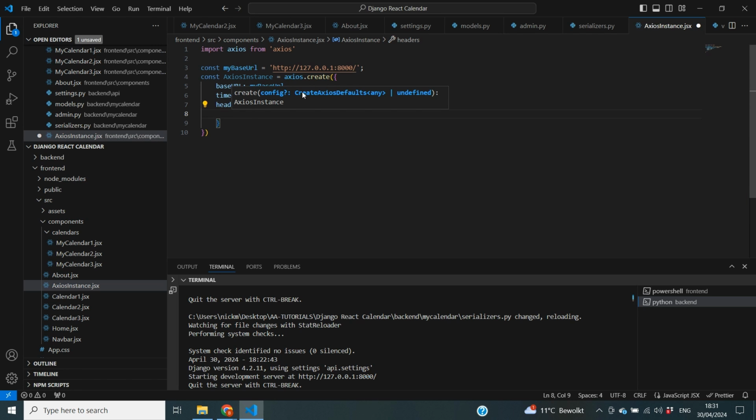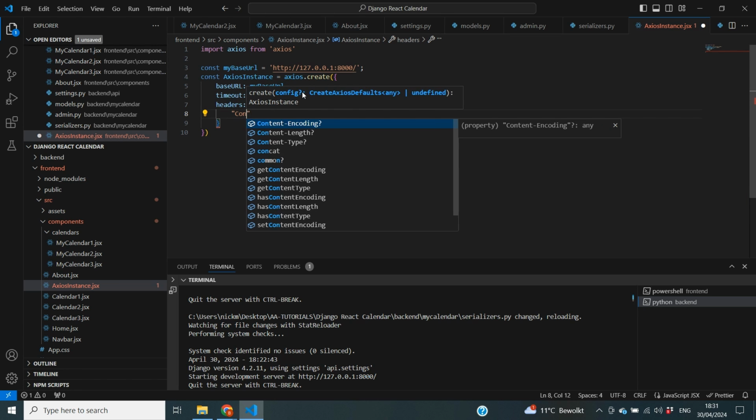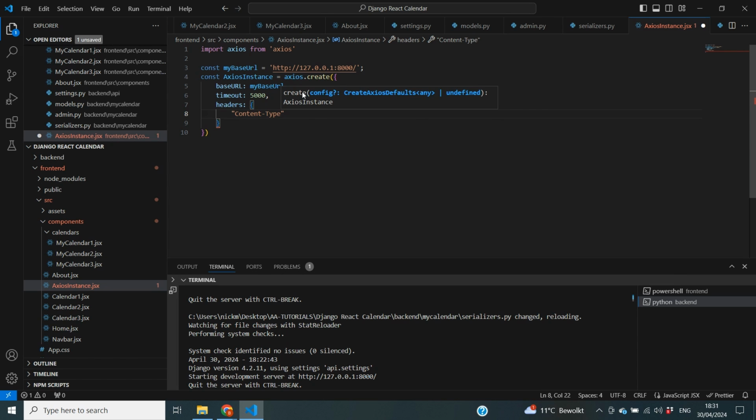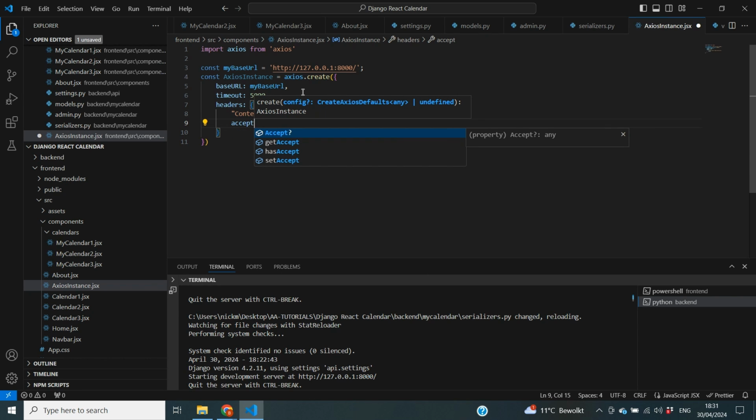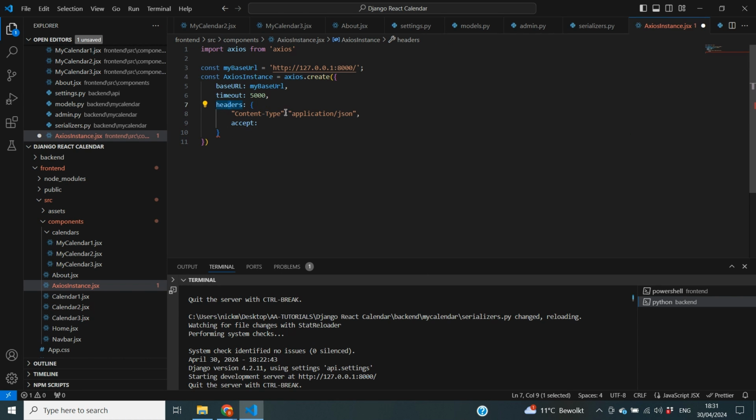The first thing that we're going to define in our headers is a content type, and in this content type we specify that it's about application/JSON. And the next thing that we're going to define is accept. And in there, we're going to put in the exact same thing because it's again going to be application/JSON. And just like this, we have created a reusable piece of code that we can use to get our